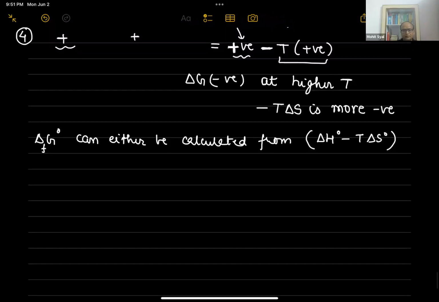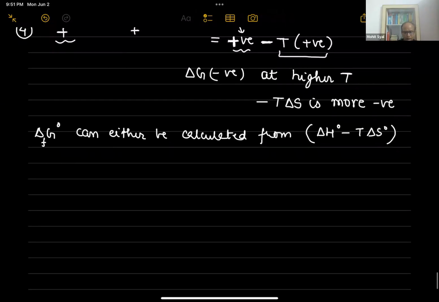This is the formula. Suppose delta H and delta S are not given, the standard Gibbs free energy change for a reaction